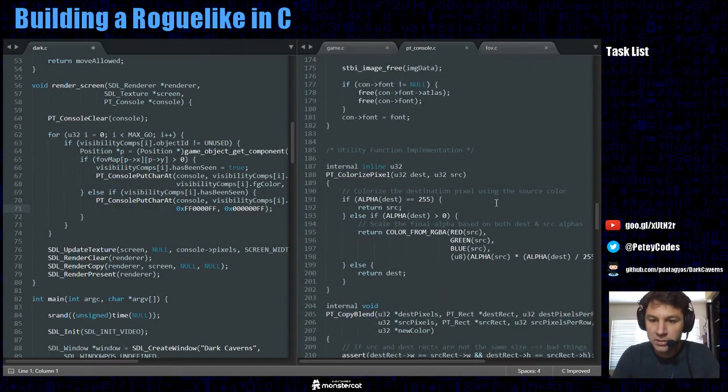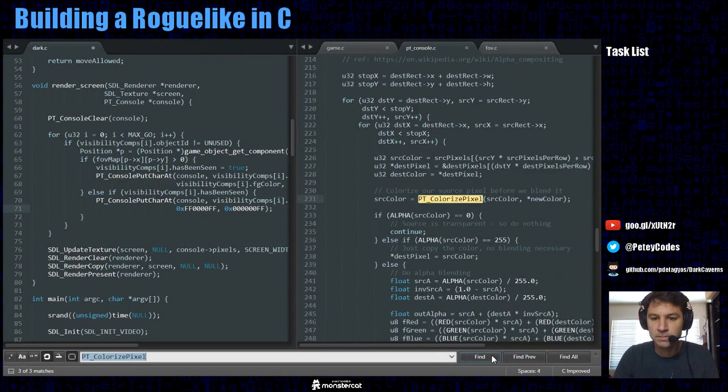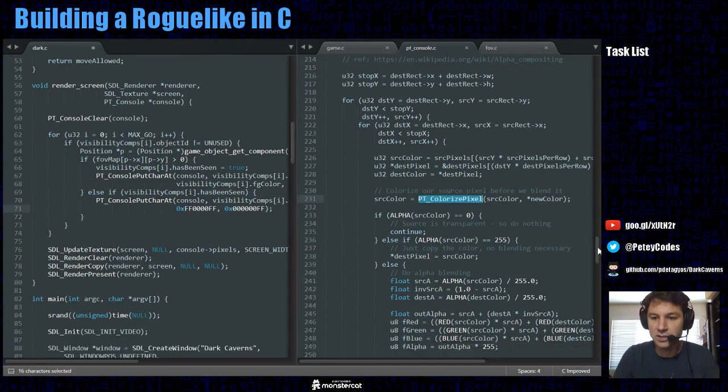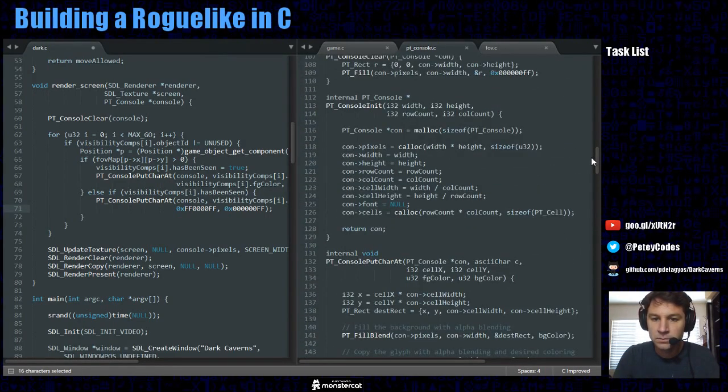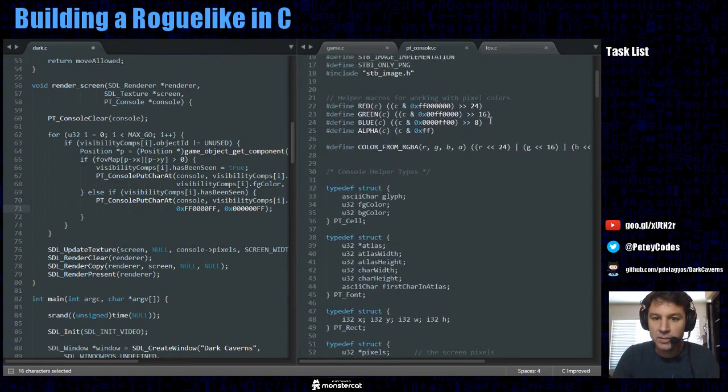Colorize the destination pixel using the source color. I don't think that's what I want. Where am I using that? I believe that's in my blend. So what I actually want is to change the color. I don't want to. So I may want to make use of these